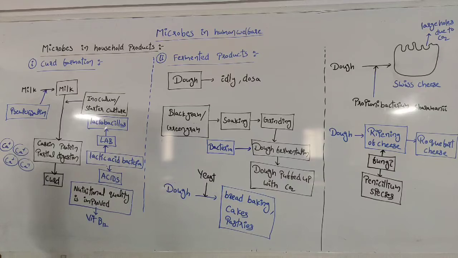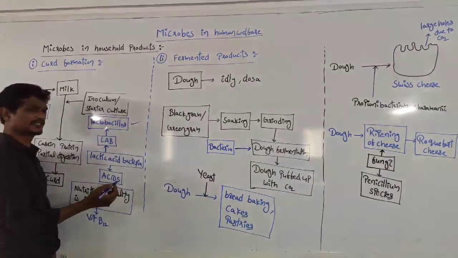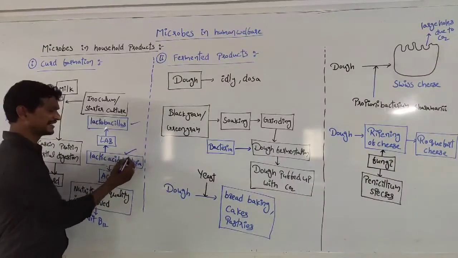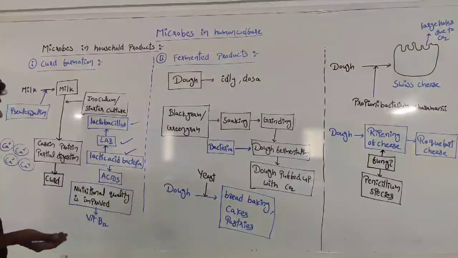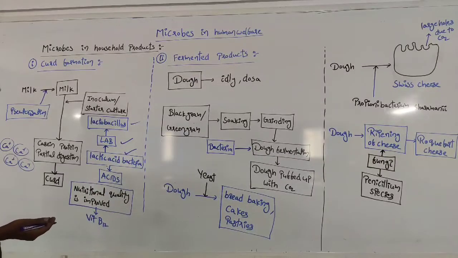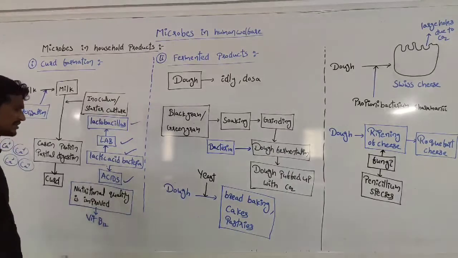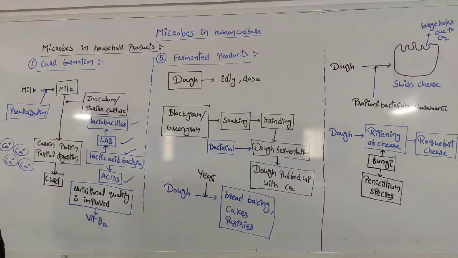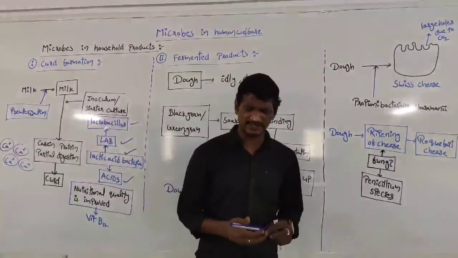Curd formation takes place. We know this is done by one of the Lactobacillus bacteria, also called lactic acid bacteria, or LAB. Remember, these are the other names of LAB. It produces some acidic substances. Because of the presence of these acidic substances and these microbes, casein protein destruction takes place. And we know that curd formation is done by LAB.